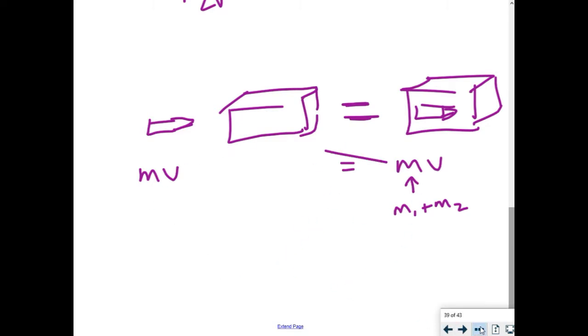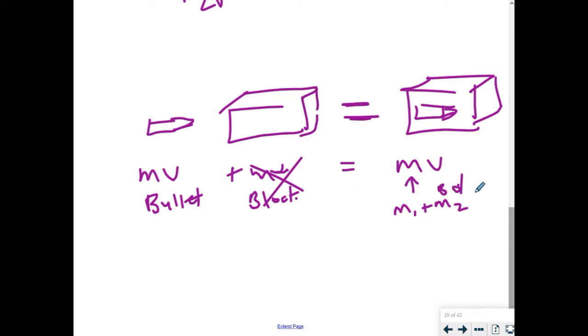So I'm kind of writing my own new formula here. I'm going to undo that. I didn't mean to write that on there. I'm going to write my own new formula because really, this is the mass times velocity of the bullet. This is the mass times velocity of the block, which we don't even need to care about because it was stationary. And then you have the mass and velocity of both. Well, hang on, I know all this information. The bullet was